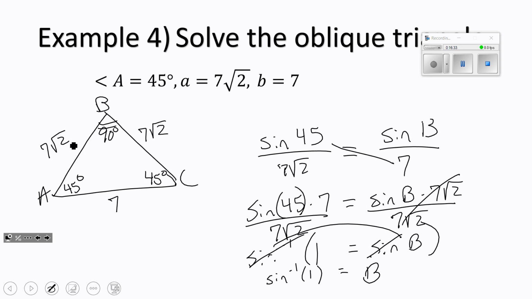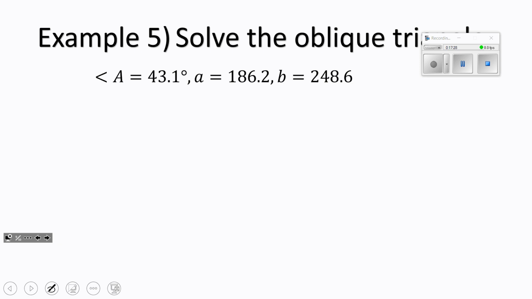Okay, now, in this case, could your right triangle stuff work? Yes, it could, okay? But you could set it up again to find the sine, like you could use the sine of 45 over 7 square root of 2 equals the sine of 45, but you'll come out with a decimal, but really it's 7 square root of 2. It'll be the same thing. Does that make sense? I'd accept either, probably. So in this case, just the angle measurements, does that make sense? It turned out to be a right triangle. So I agree, it's not oblique, but the way it worked, it did work out to be a 90-degree angle. Okay? All right, let's try one last one